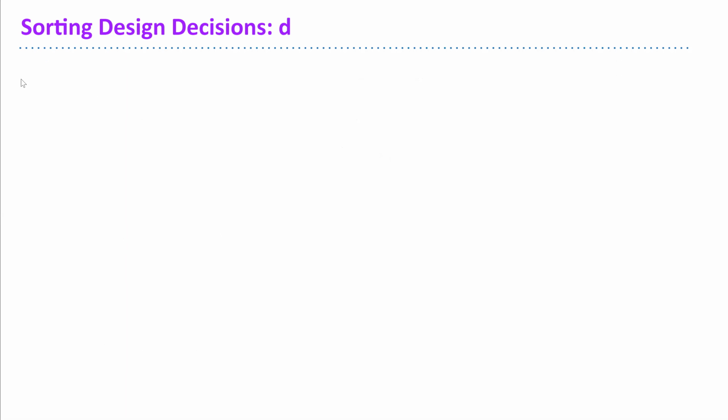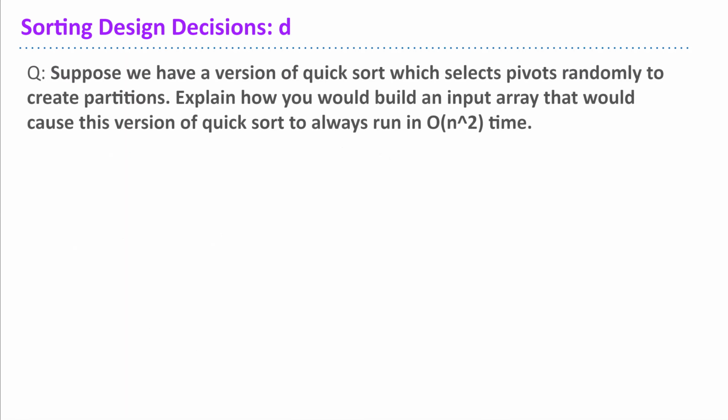All right, moving along to D. So now we're going to leave behind our algorithms a little bit, and instead of picking algorithms, we're actually going to pick inputs for certain cases. So suppose we have a version of quicksort which selects pivots randomly to create partitions. Explain how you would build an input array that would cause this version of quicksort to always run in O of n squared time. So just to remind you, O of n squared is the worst case possible runtime we